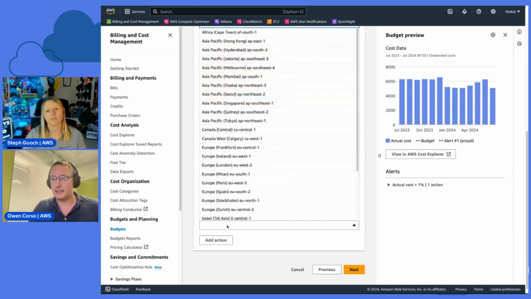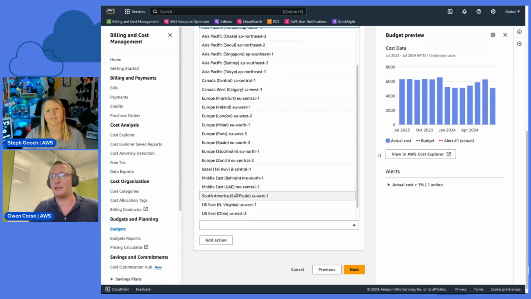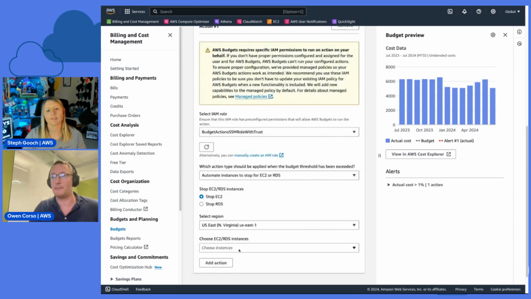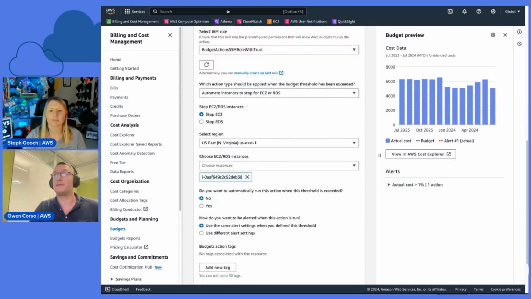So let's select this, and you first have to find the instance, and you target it by ID. I'm going to choose the US East 1 region, and within this region I have two instances. I'm going to just choose this first one. I know it's running, so I could pop over and show that it is running, but we'll take your word for it. Yeah, we'll do that after, just to show it when it's stopped.